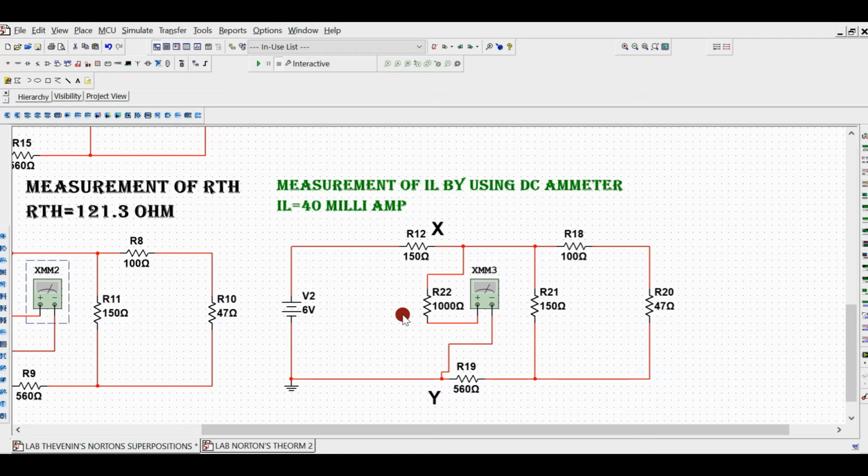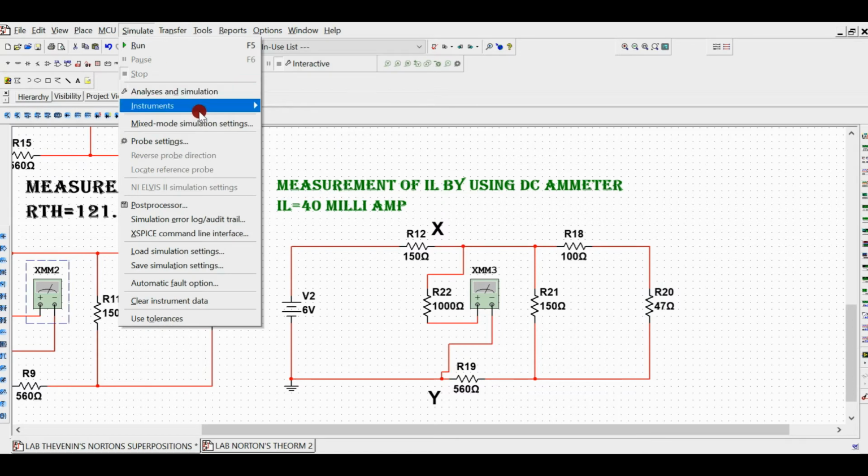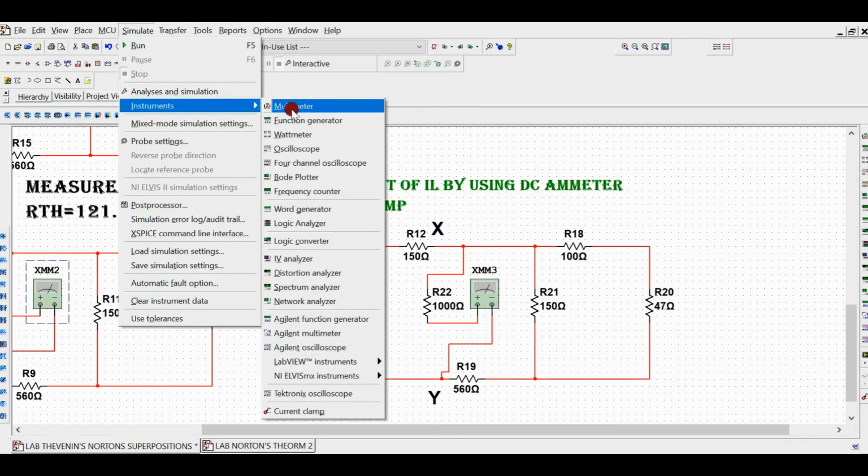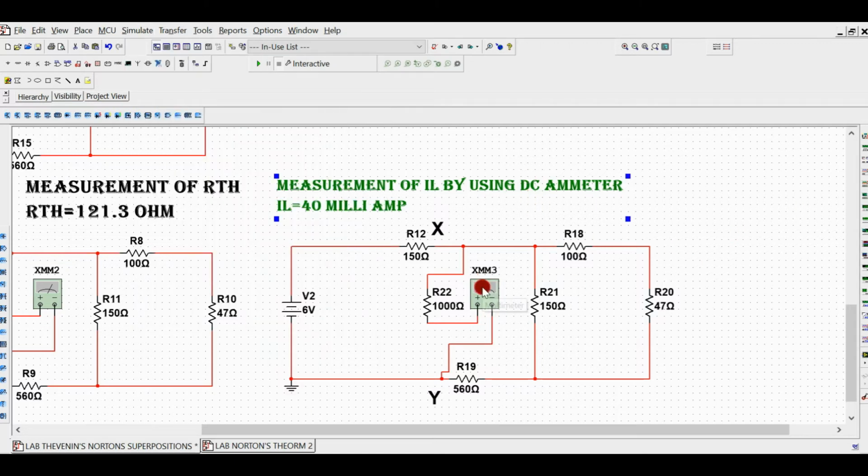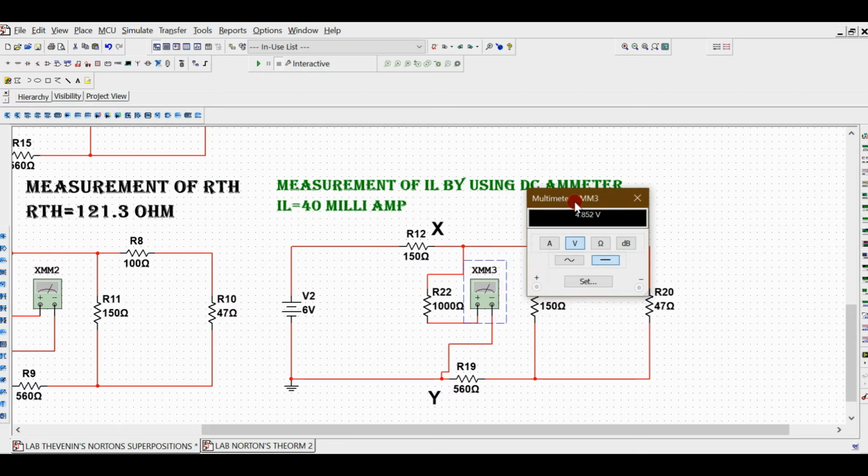Now guys, we want to check the load current. So now what do you have to do? You have to connect an ammeter. So just import an ammeter from here, from the instrument section. You just import this multimeter and drop it in this wizard. You will see this will work like an ammeter. So select A, and then run the simulation. Then guys, this will show you 4.327 milliampere. This is the load current.